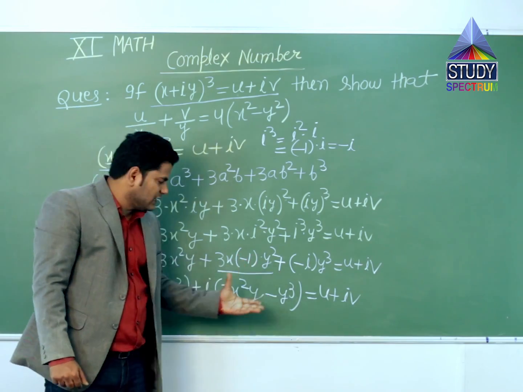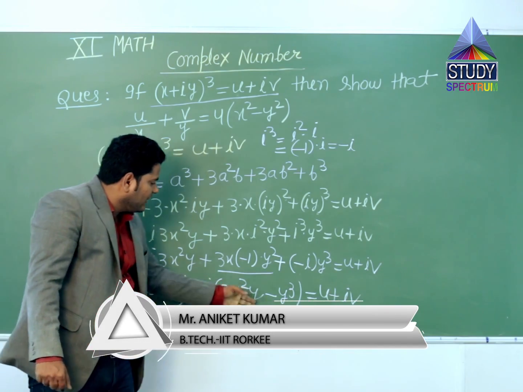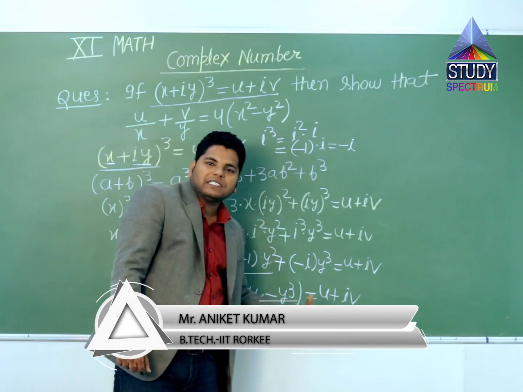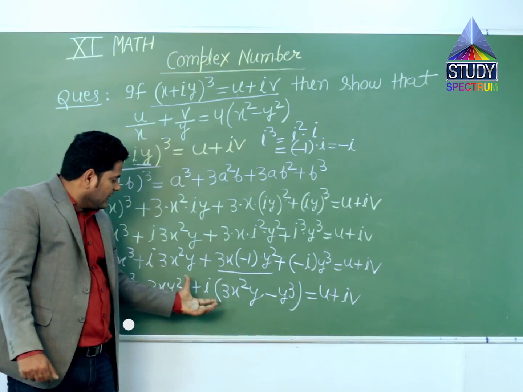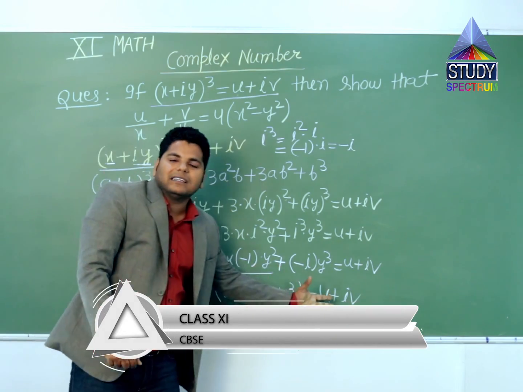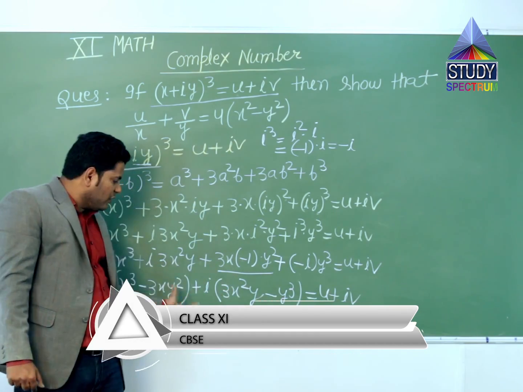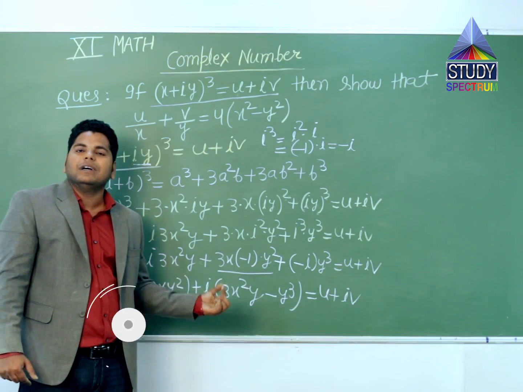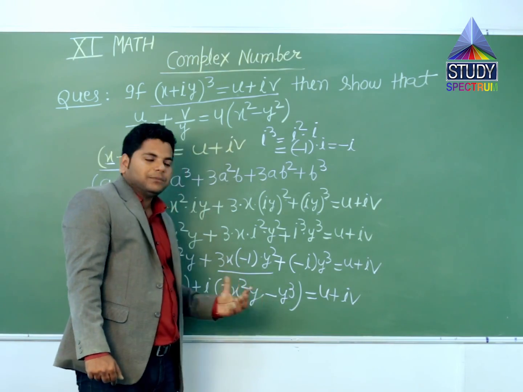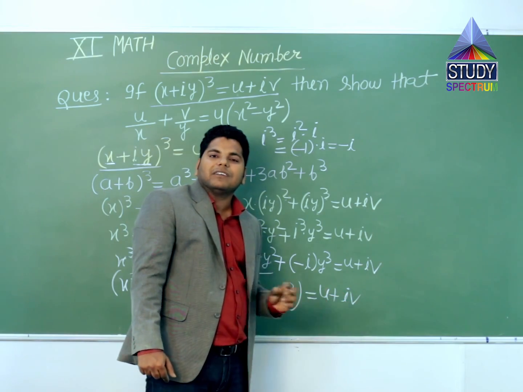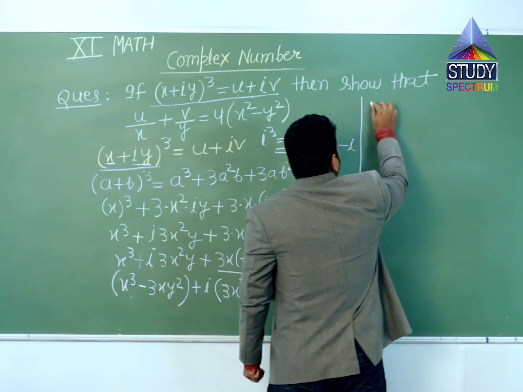Complex numbers being equal to each other means this is a complex number in the form of x plus iy, and it is also in terms of x plus iy. So the left hand side is a complex number, the right hand side is also a complex number, and both are equal to each other. It means the real part of the left hand side is equal to the real part of the right hand side, and the imaginary part of the left hand side is equal to the imaginary part of the right hand side. So here we can write u equal to